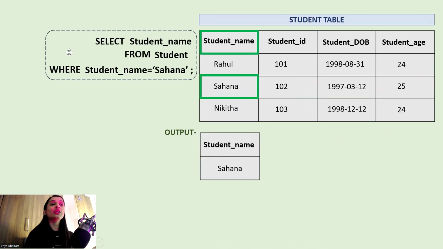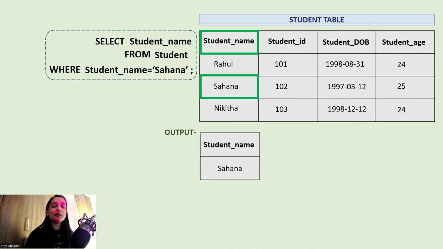Yes, we are filtering rows because in this table, we have 3 rows. In the output table, we have only 1 row. So the query in which you are filtering rows, that is called a selection query. So by using where clause, whenever you are filtering rows, that is your selection query.